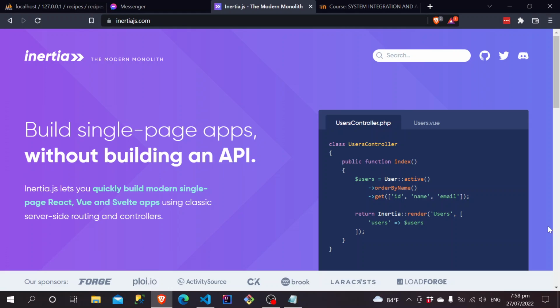This is a web application framework that lets you put together the back end with the front end into one single project. It's called Inertia. It's the modern monolith. So, as we move along with this video tutorial, I would like you to direct your